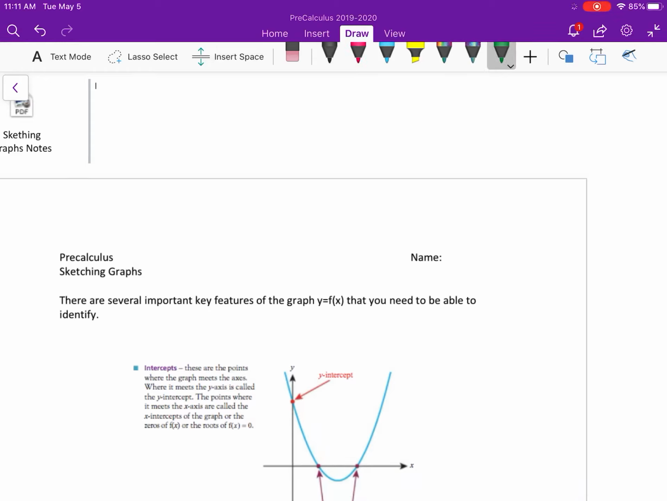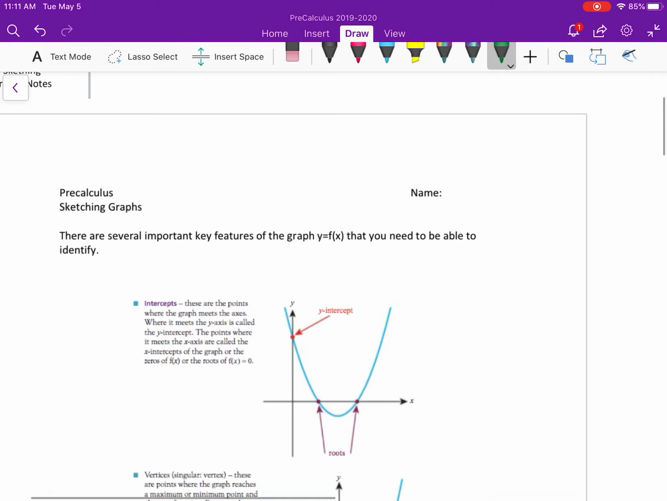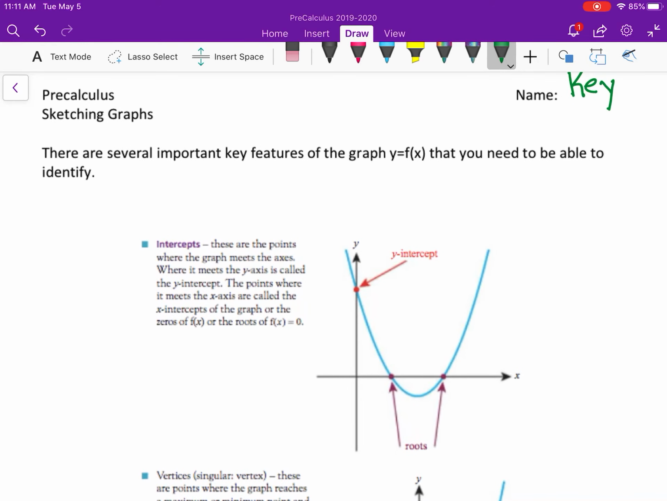Good morning, everyone. Today we are going to continue the concept of a function, part 2, and this will be sketching graphs. So basically just looking at key components of graphs. And again, this should be review. So there are several important key features of the graph y equals f of x that you need to be